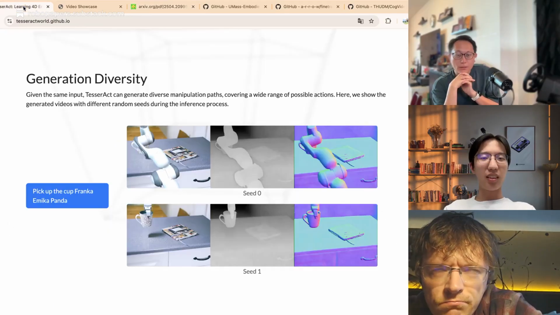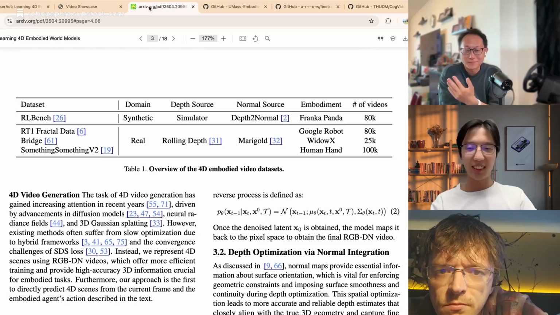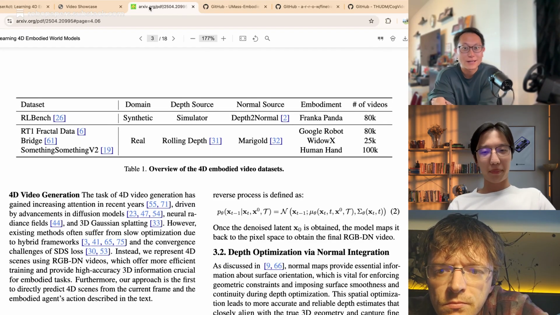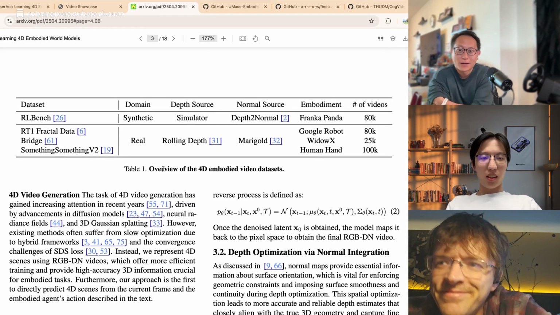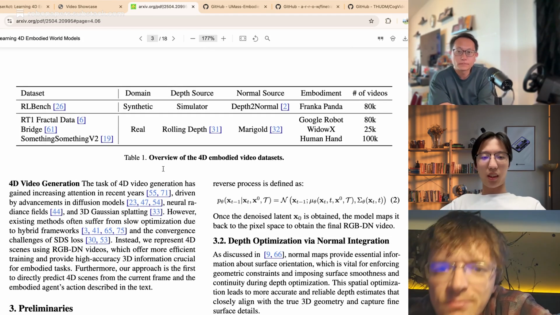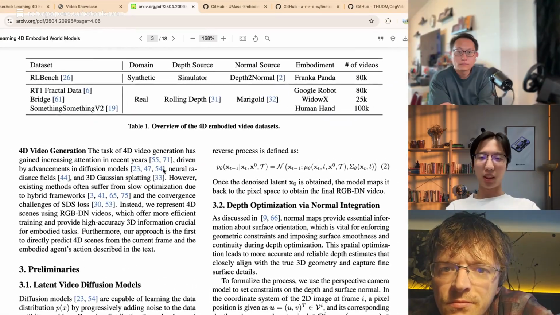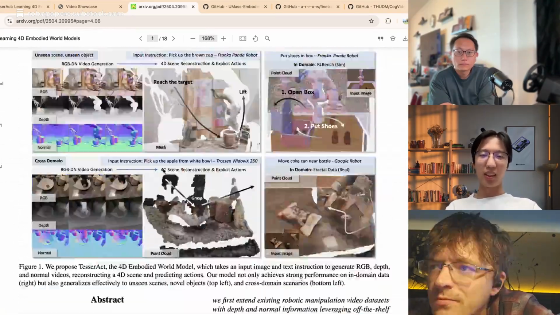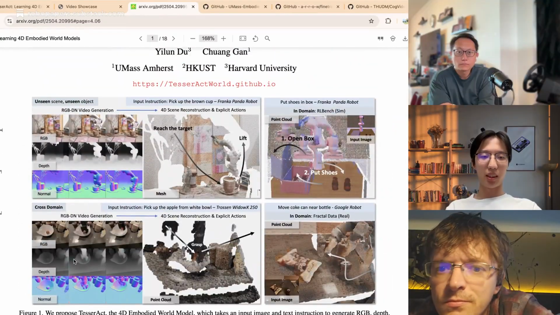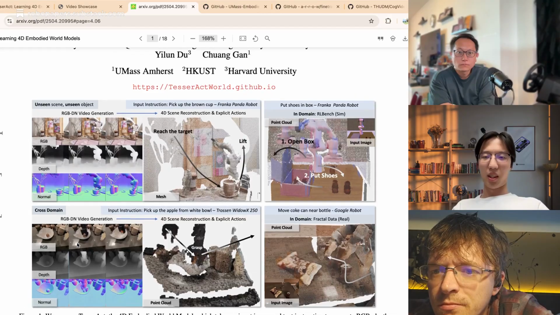Very cool. Yeah. And so I guess, is there anything more in the paper you want to highlight? Yeah, there are some technical details. In many papers, they only add depth modalities, but in our paper we add normal as well.